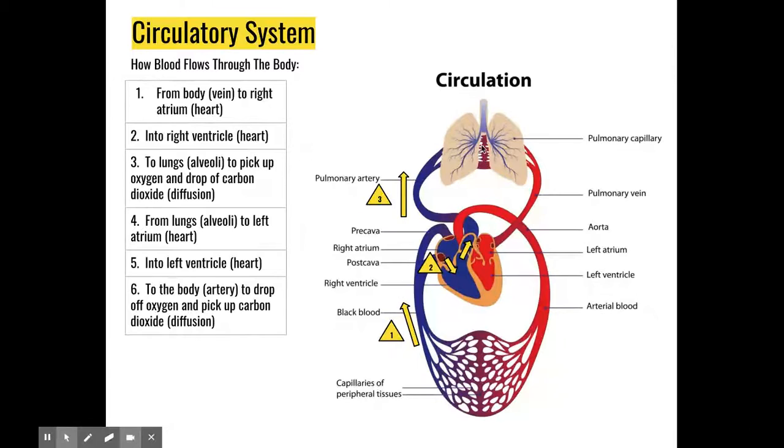And like I've been saying, this is where diffusion takes place. This is where gas exchange takes place. So the carbon dioxide diffuses into the alveoli so that we can exhale the carbon dioxide, and the oxygen is going to diffuse into the capillaries over here as we inhale so that we can transport that oxygen to our body cells. So from the lungs,